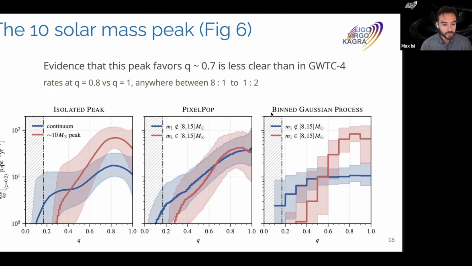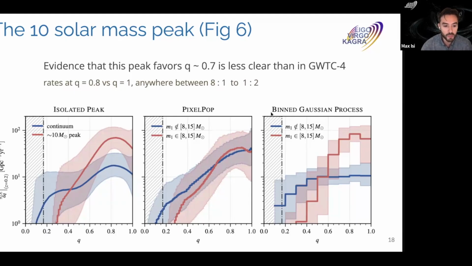distinctive characteristics? So when it comes to mass ratio, we see that the mass ratio distribution is favoring systems that are more likely closer to 1. So with overwhelming preference, these systems have mass ratio greater than 0.5. Whereas for the continuum, there's a broader distribution of mass ratios, which you see in blue. So the peak would be red, the continuum is blue. However, while there is a peak in this distribution that you see around 0.8 or so in the red curve